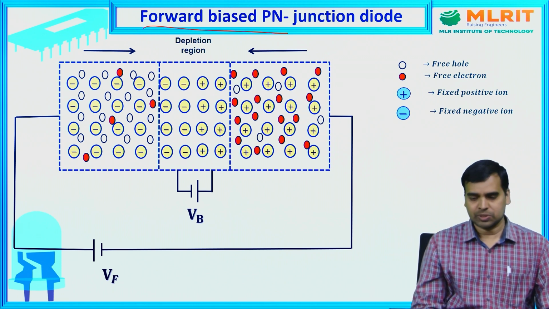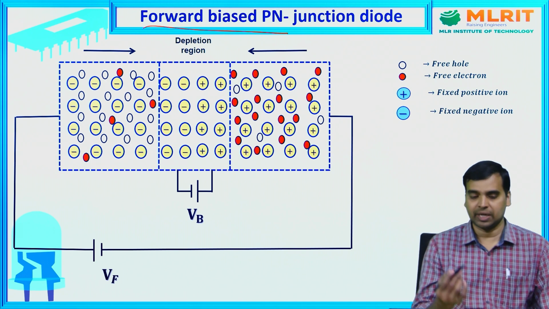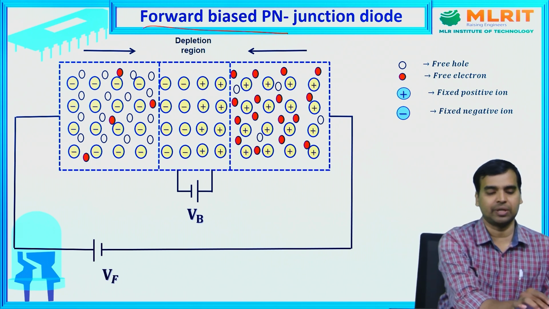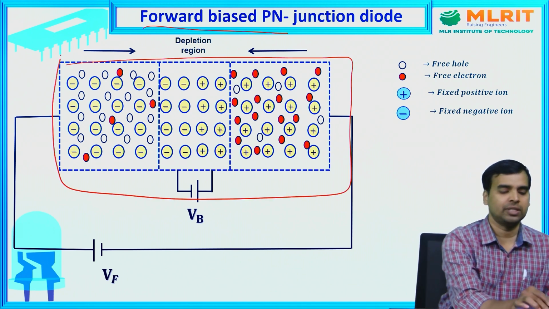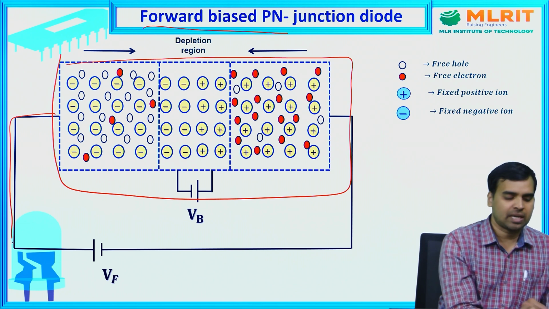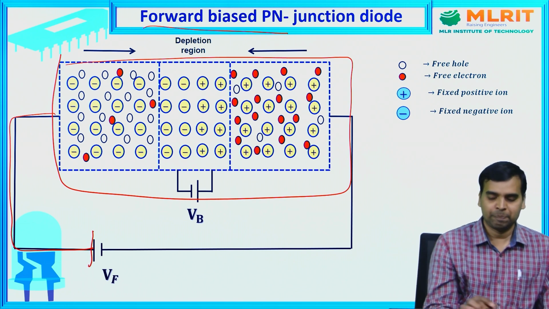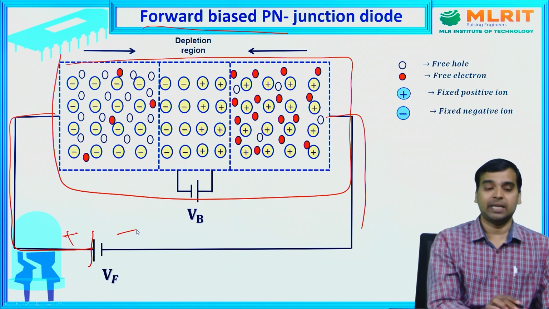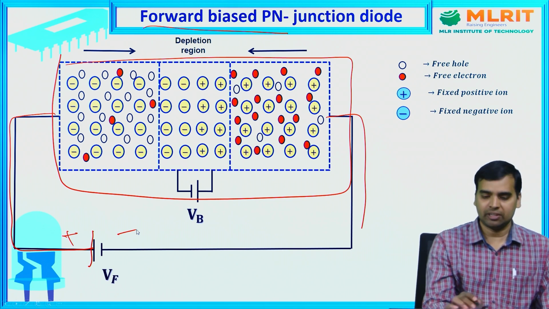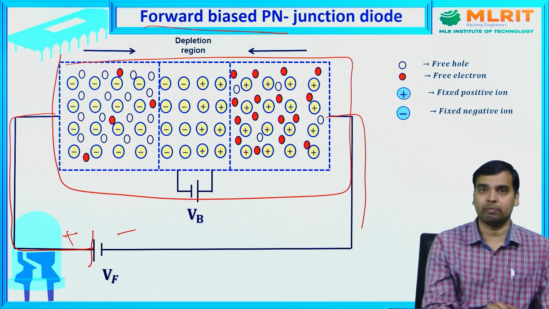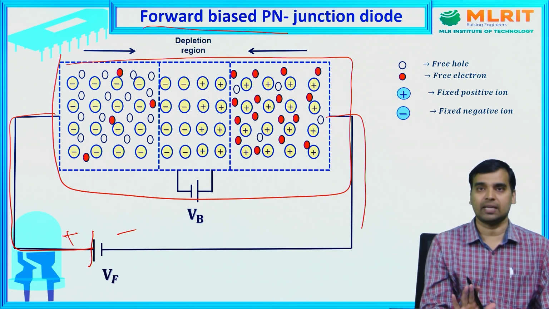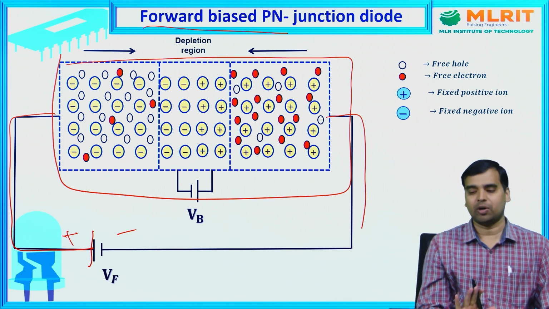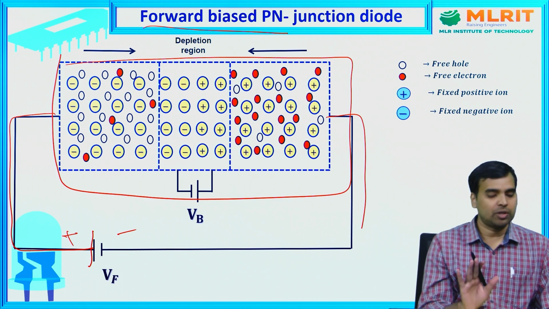Now when it comes to the forward bias, this is the p-n junction diode. In this p-n junction diode, if the p-type side is connected to the positive terminal of the battery, and the n-type side is connected to the negative terminal of the battery, then we say that the p-n junction diode is connected in forward bias. In this forward bias condition,